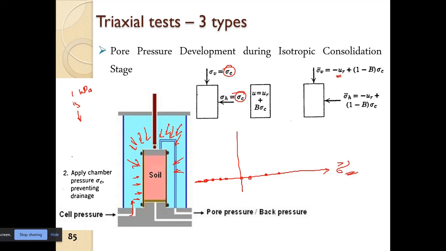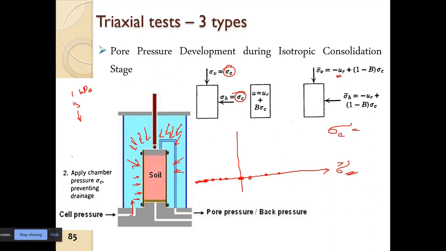Ultimately, at a point, we will have pore water pressure equal to 0, or basically the effective stress equal to 0. All right. So the effective stress will be 0. So not the pore water pressure, sorry. The effective stress will move in this direction as we apply confining,